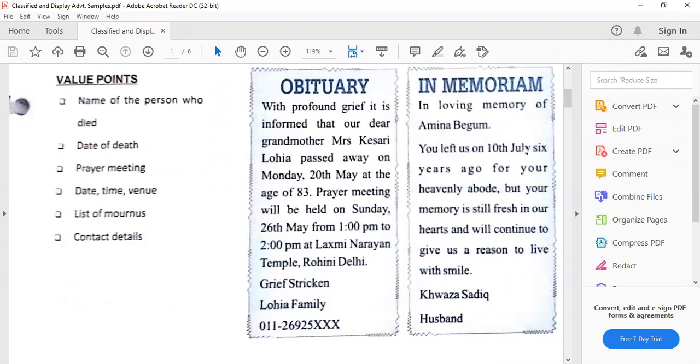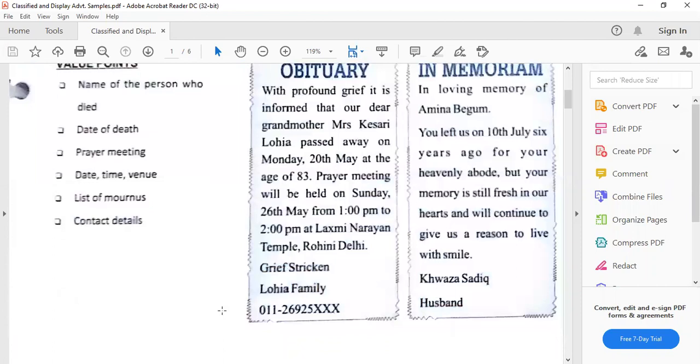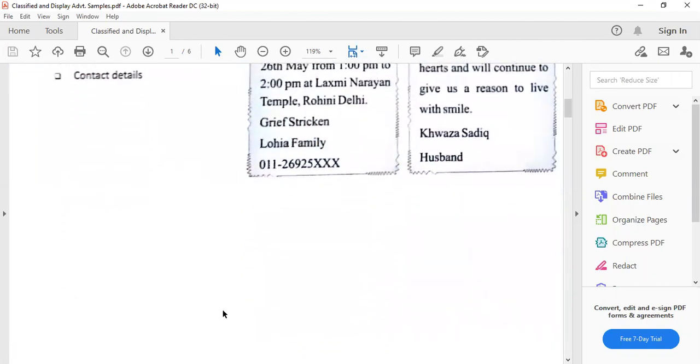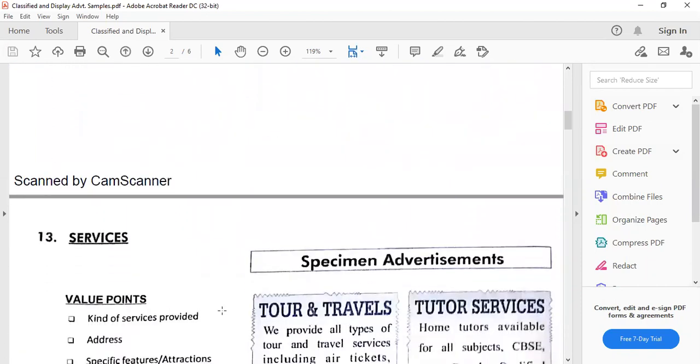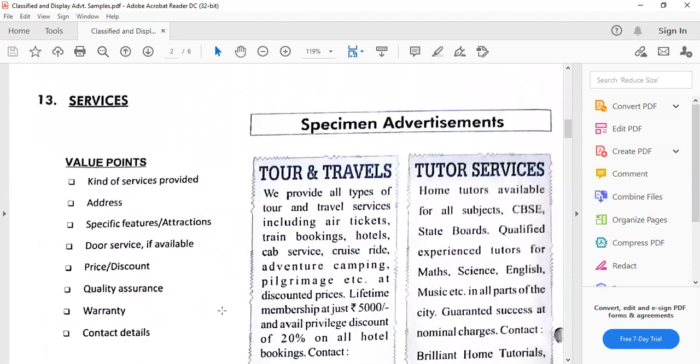You left us on 10th July 6 years ago for your heavenly abode, but your memory is still fresh in our hearts and will continue to give us a reason to live with a smile. The name and the relation is given by whom this memoriam is given. Coming to the next, there is one more sample of